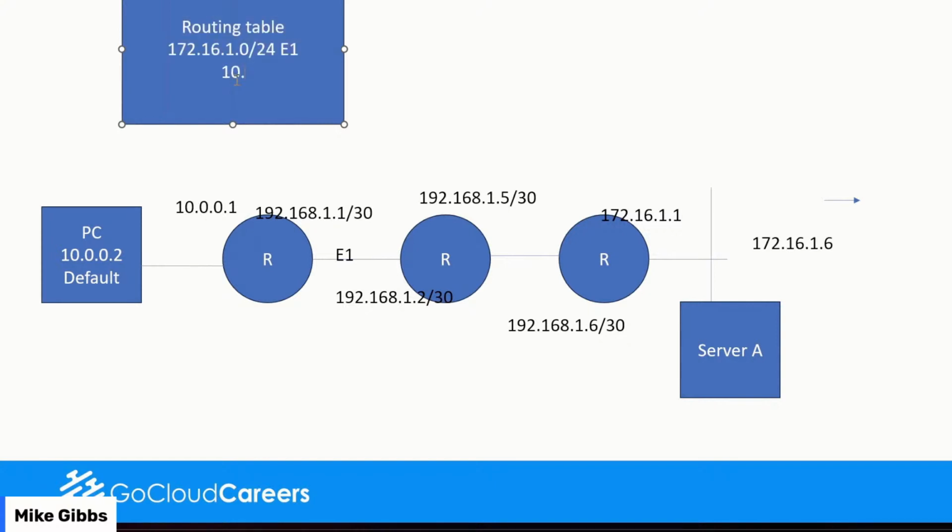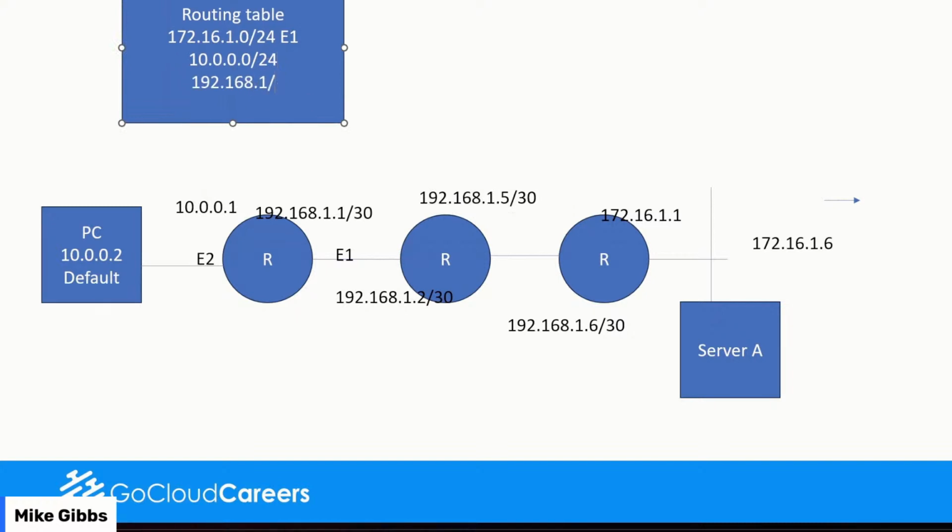To reach the 10.0.0.0/24, let's make this port E2. To reach this subnet, the .4, let's pop in all our subnets.